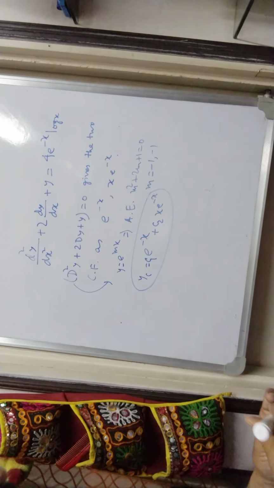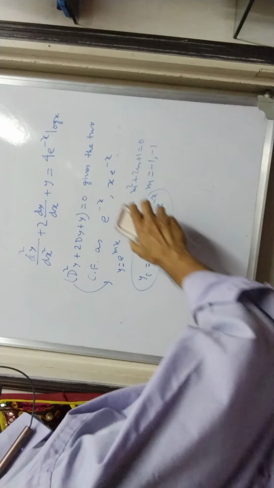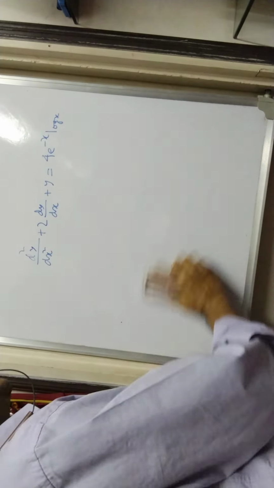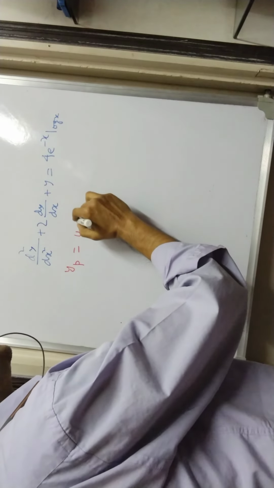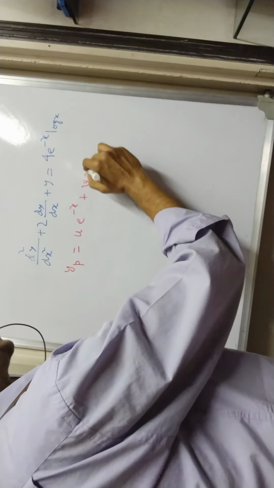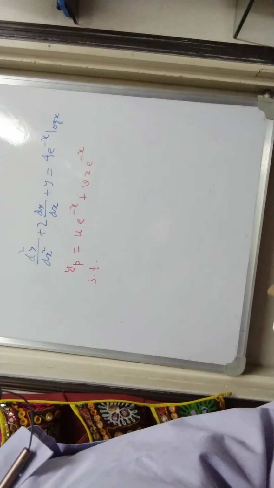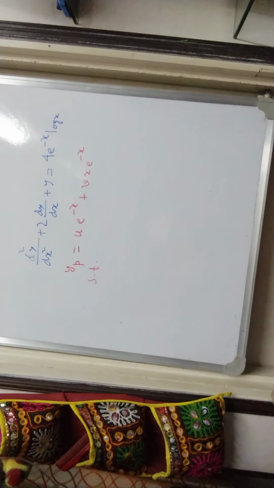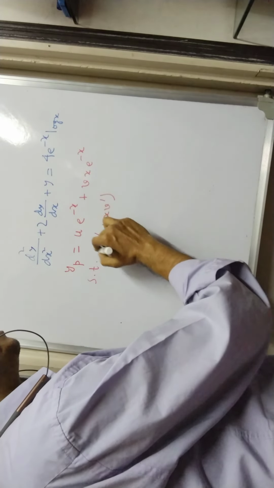So using this concept, we move on to write, since the complementary functions are e to the power minus x and x e to the power minus x. So to solve this equation with the method of variation of parameter, we write yp as u e to the power minus x plus v x e to the power minus x. Isn't it so? Such that, what we have in the theory, this is y1 and this is y2, isn't it so? So we have u prime plus x v prime e to the power